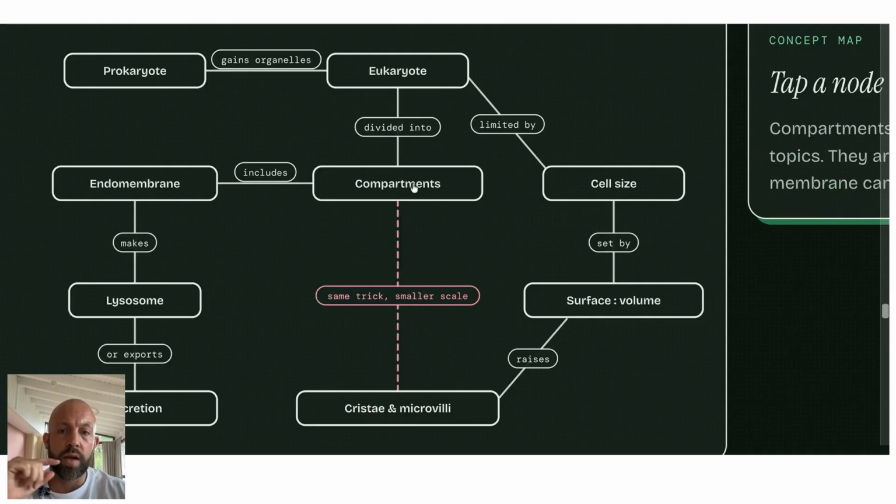So this is the smaller scale of the compartments, but the same trick is increasing surface area to volume ratio, which means that we can have a faster rate of reaction because everything's just brought closer together. So those chance events of them reacting just increase. And then